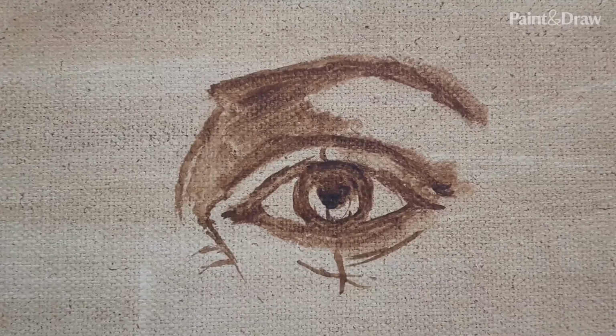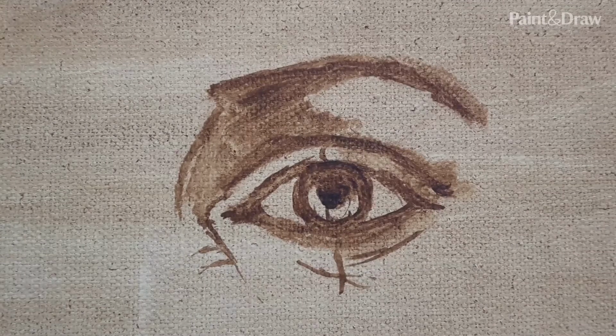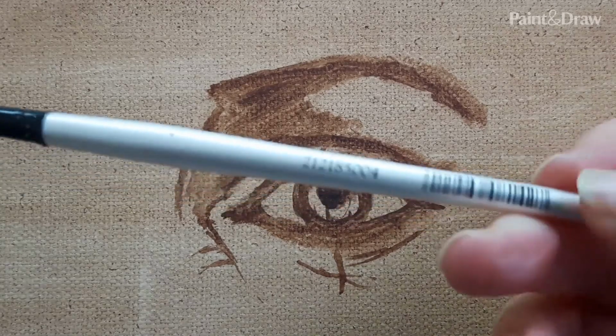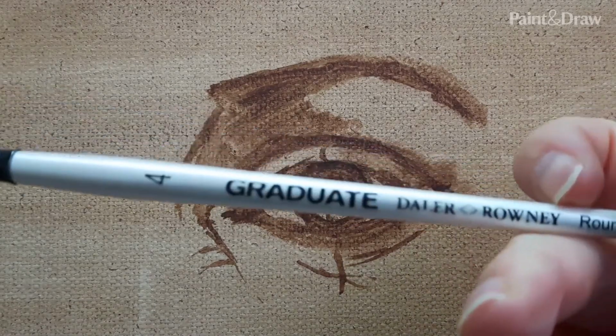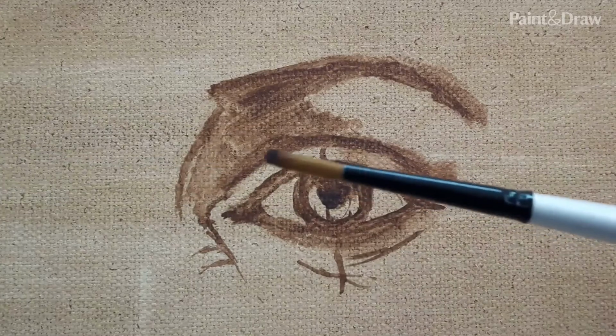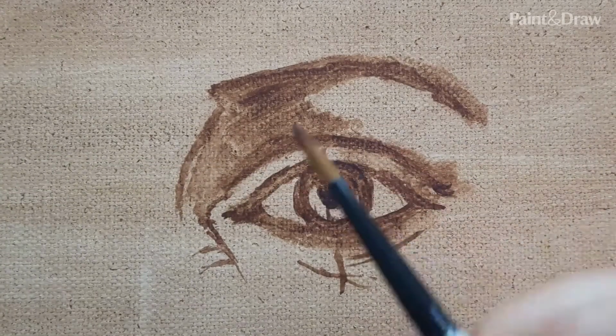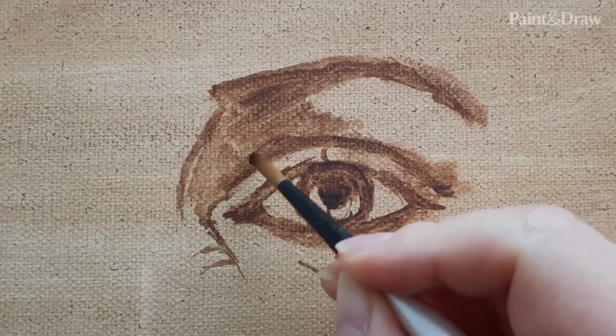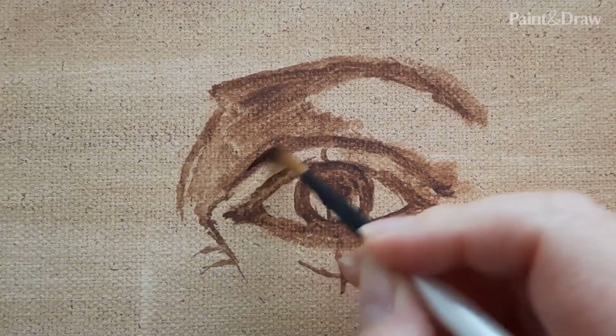Okay, so in this part, since the sketch dried up a little bit, we are going to block colors, and we're going to do a very basic block color. I'm going to try to use a slightly thicker round brush, number 4. And the first thing I'm going to do is try to find the darkest areas